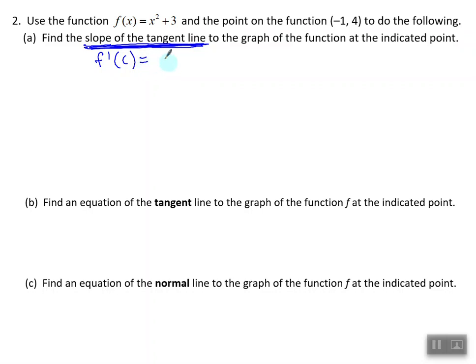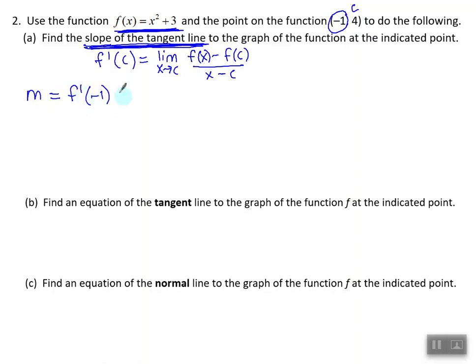And of course, f prime of c, we write as the limit as x approaches c of f of x minus f of c over x minus c. Let's apply this to our problem. Our x value is negative 1, so that's the c we're plugging into our function x squared plus 3. So we'll write that the slope of our tangent line is f prime of negative 1,